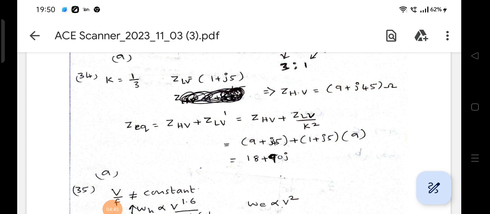The same concept is applicable here. That value K is nothing but (1/3) whole square. If I simplify this equation, I will get the answer as 18 + 90j ohm, which is the correct answer. Next,